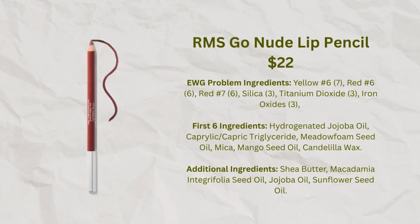RMS has a line of new lip pencils. They are called the Go Nude Lip Pencils for $22, and they're available in 7 shades. Some of the lip pencils are brighter shades like red, and then other ones are actually more nude shades. I found that this product actually did irritate my lips, and it is from a factory in the Czech Republic,